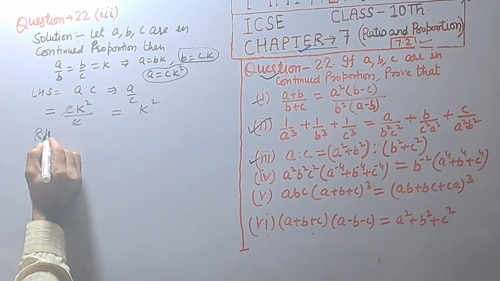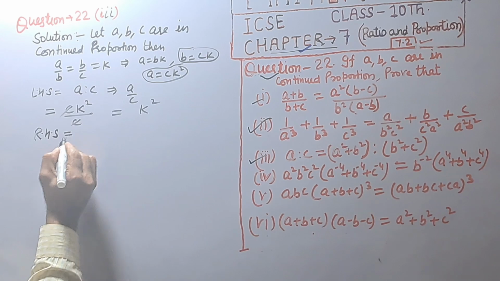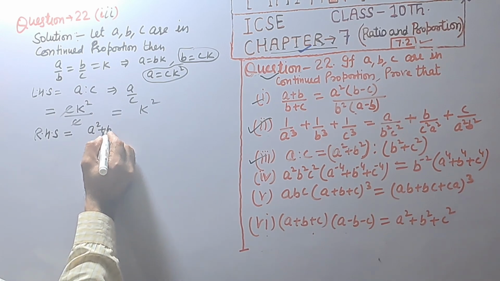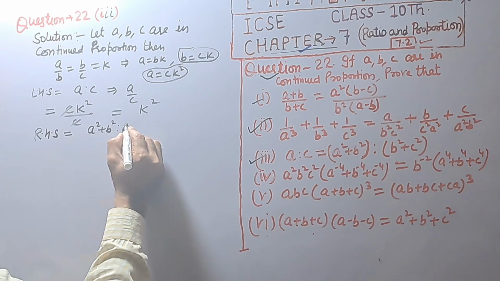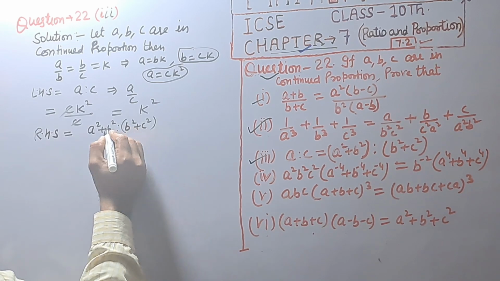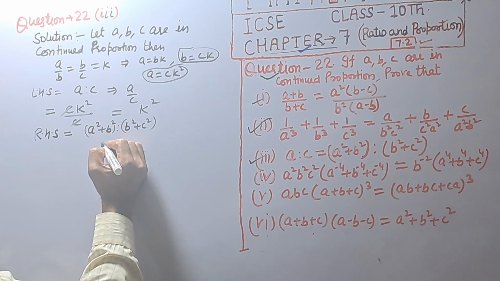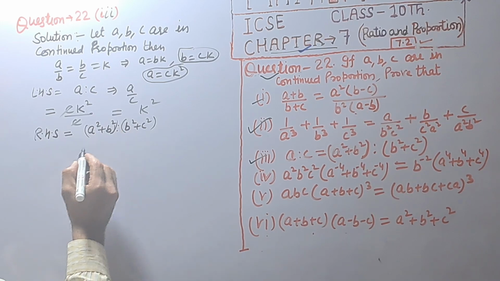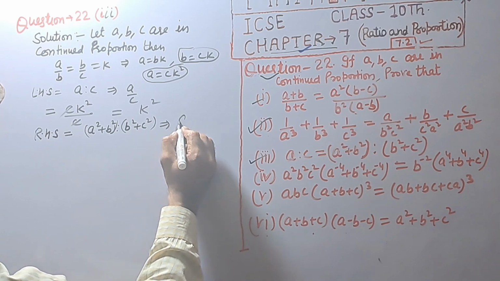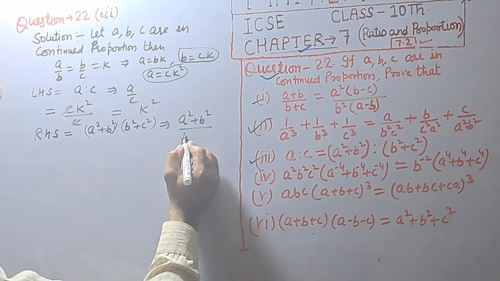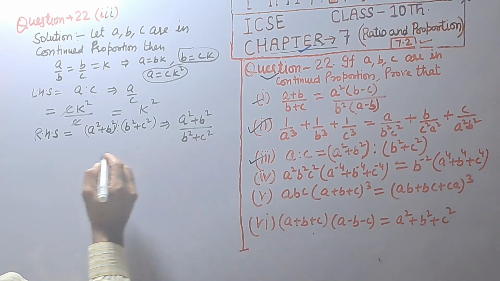So right hand side equal to a square plus b square ratio b square plus c square, which implies a square plus b square divided by b square plus c square,